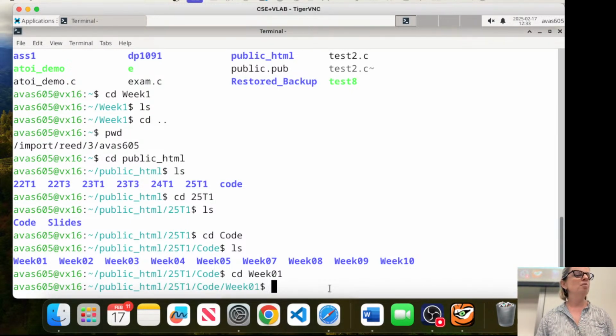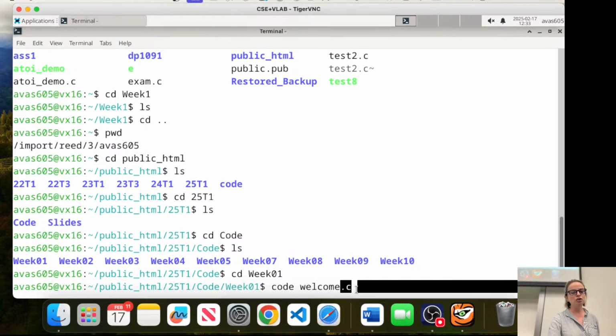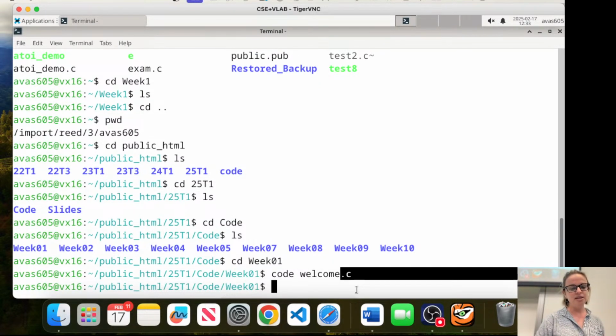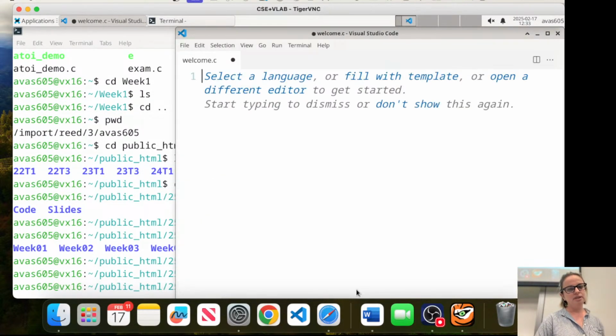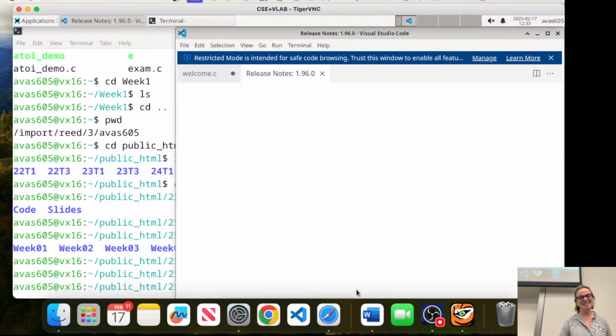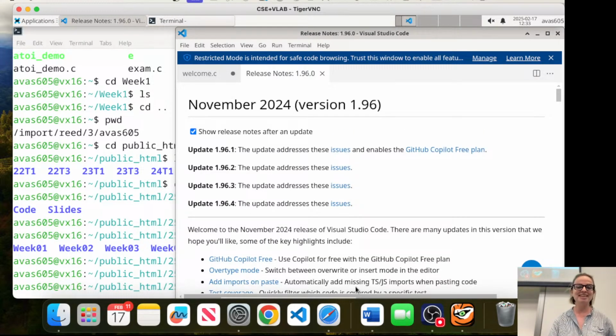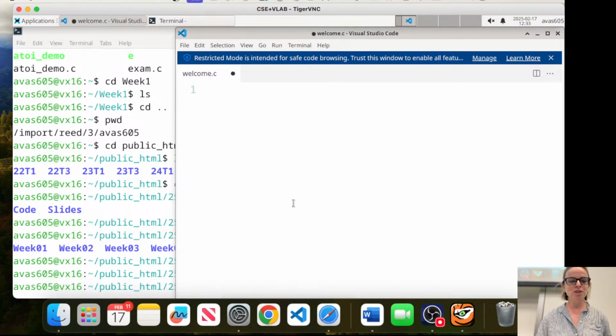I'm going to make a file, and I'm going to write code which opens up VS Code. My file will be welcome.c. I'm using .c because I'm creating a file that will be in C. When I press enter, it opened up this welcome.c file for me.